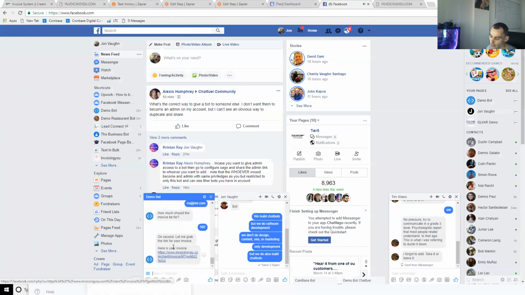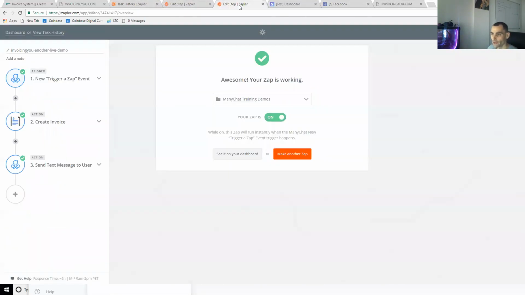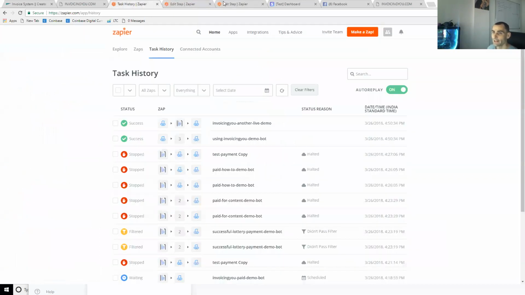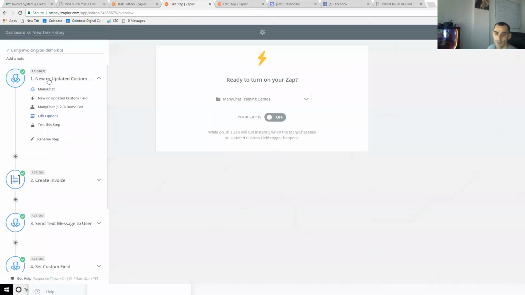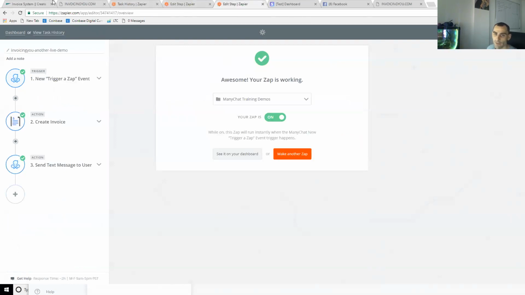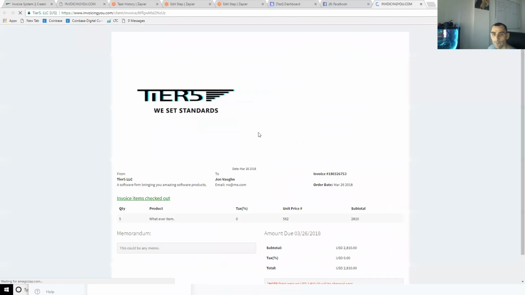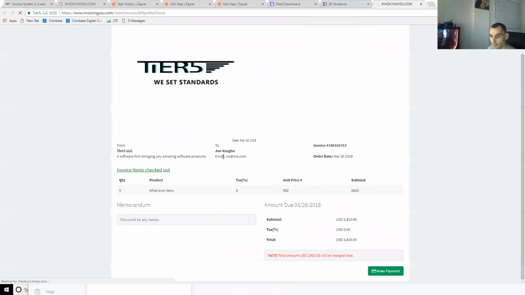There's that invoice right there. Now you notice I only got it one time because I turned off that Zap. That was what was happening. My other Zap was actually turned on, and I didn't need that other Zap turned on. All right, because this Zap is actually firing as soon as that invoice amount gets updated, which we're updating, and we have a different Zap happening. So that's why you saw that kind of act funny. But now if I actually open up this invoice,